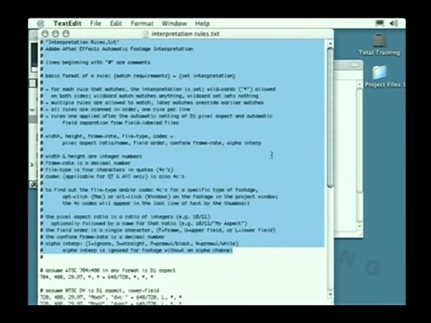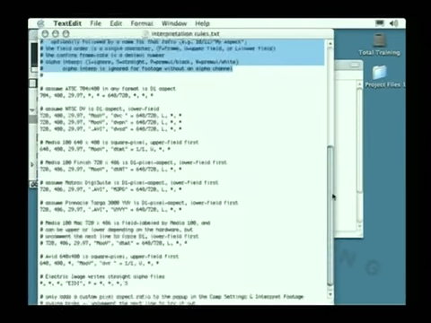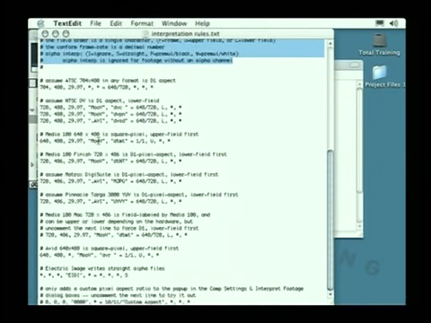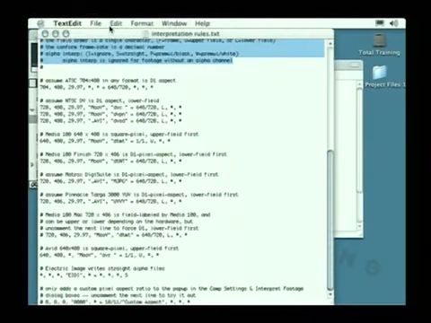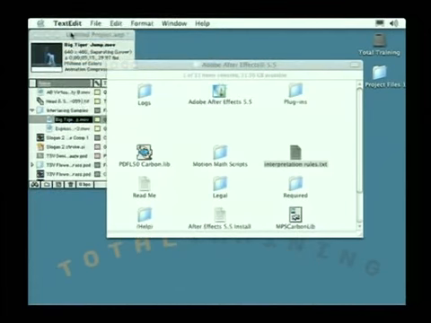you need to know pretty clearly. The second half of the document contains actual information. For example, NTSC DV is D1 aspect ratio, lower field first, and so on. Different formats each have their own set of rules. You can edit these rules according to the instructions that are in the document, and you can even add your own rules if you work with a lot of similar footage that you want After Effects to interpret in a